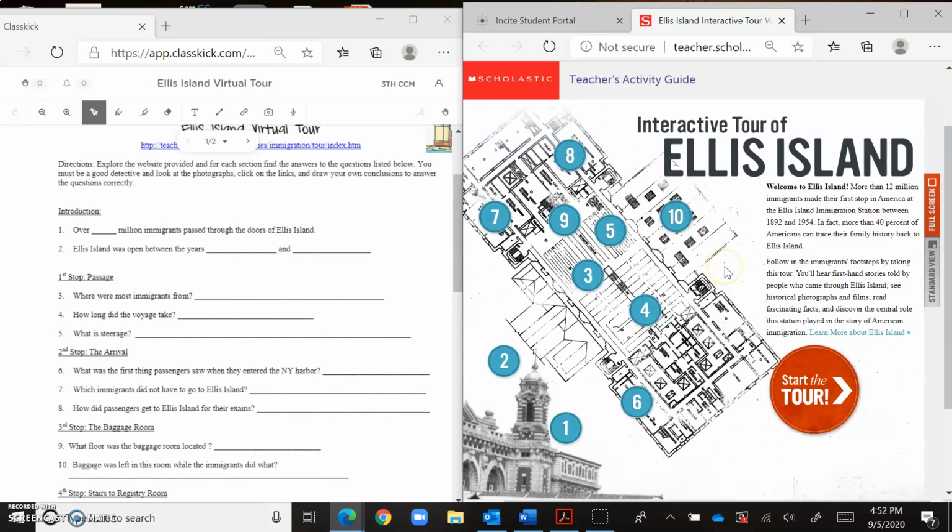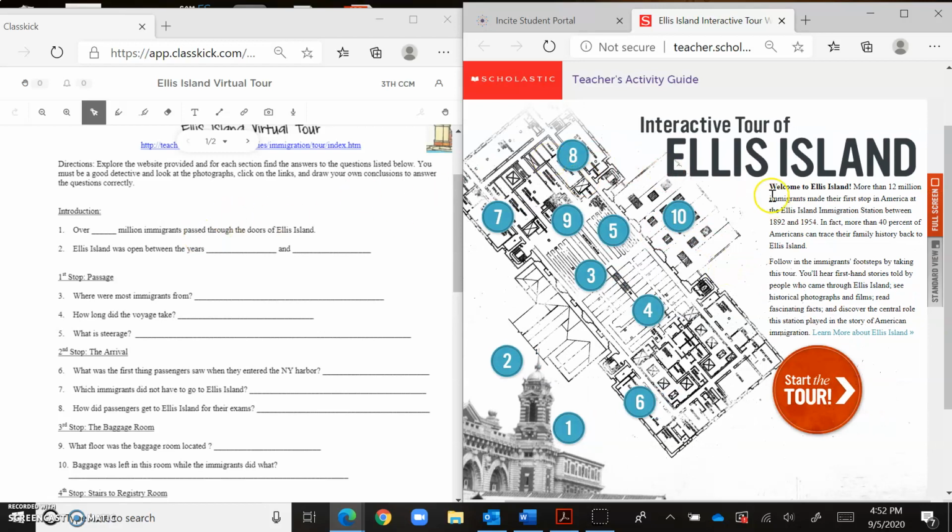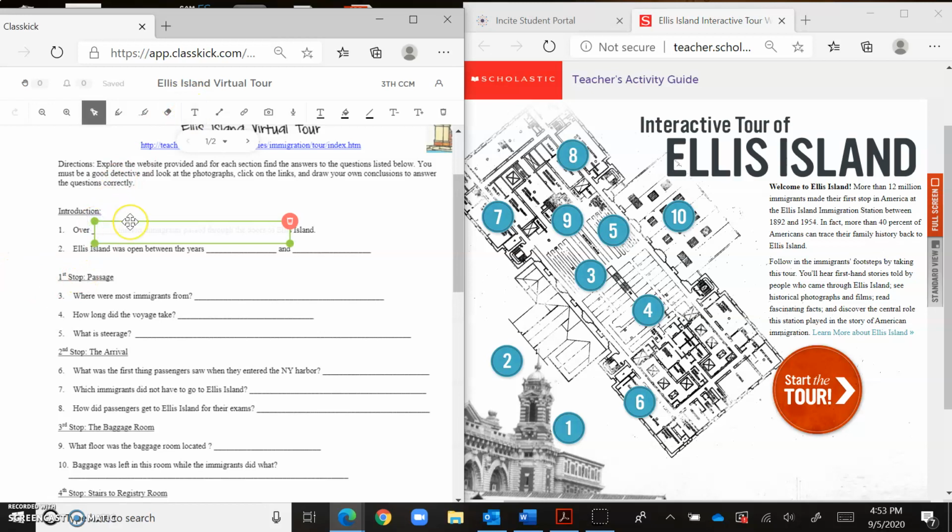So I'm going to look over here, and I'm going to see that it says in the introduction, over blank million immigrants passed through the doors of Ellis Island. Well, I remember reading that over here. It said more than 12 million immigrants came through. So I'm going to come over here on Class Kick, and I'm going to press the text box, and make a little text box, and I'm going to type 12 in it. And then I click outside of this box, and I can move it so that the 12 sits pretty